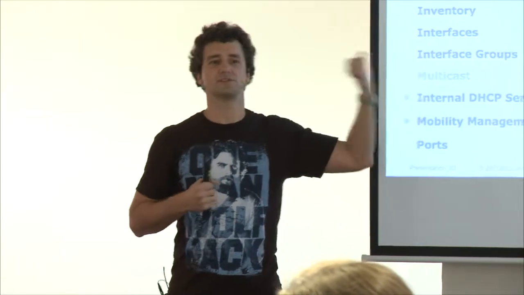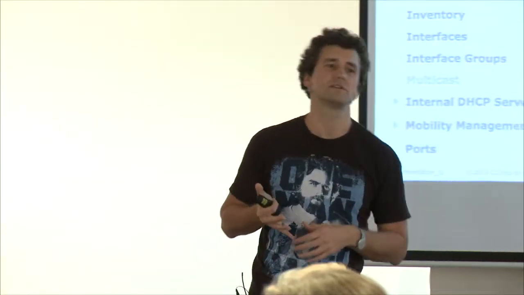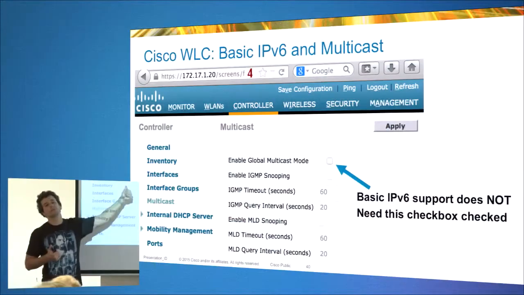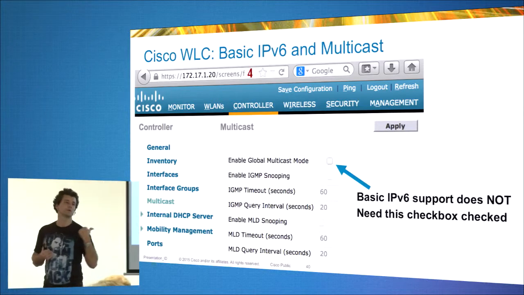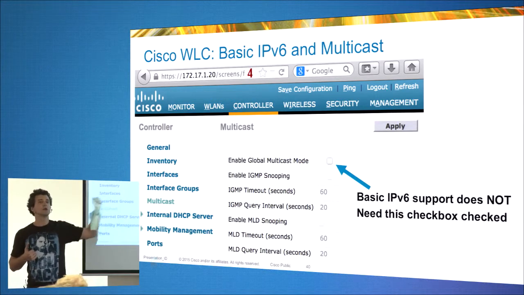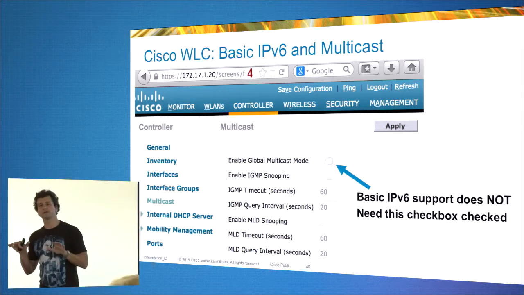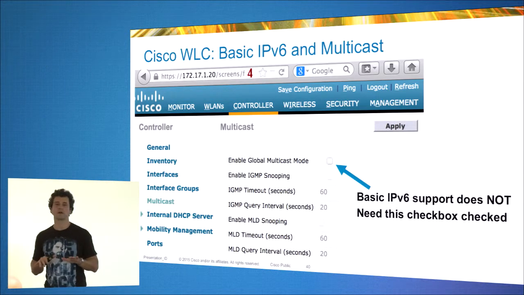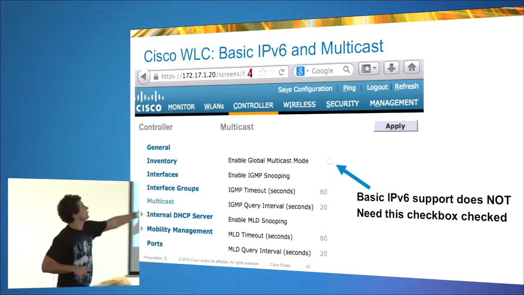Now, I was talking about disabling multicast. Even though IPv6 does fundamentally use a lot of multicast, in the specific case of the wireless LAN controller, you do not have to enable multicast on the controller if all you have is basic IPv6 connectivity. So that's a critical part, because